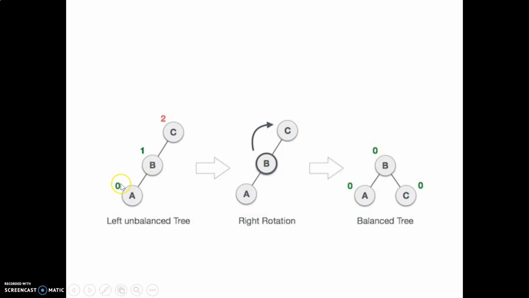I'm going to tell you again, if the newly inserted node is towards the left of the left subtree, then it is an LL rotation. Why are we performing rotation? Because it is a left heavy tree. Left heavy means the balancing factor of one node is positive and greater than 1. Right, so it is a left heavy tree. So in case of a left heavy tree, we have to perform right rotation of the unbalanced node. C will come down and this will be my new node.